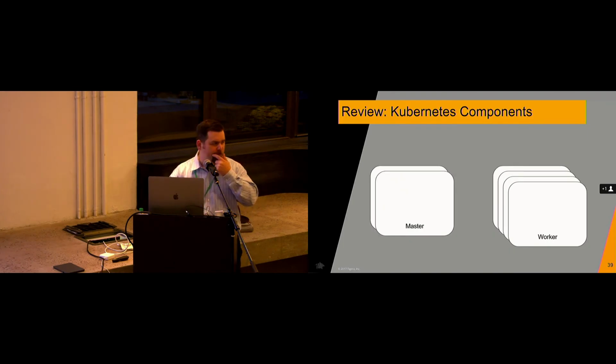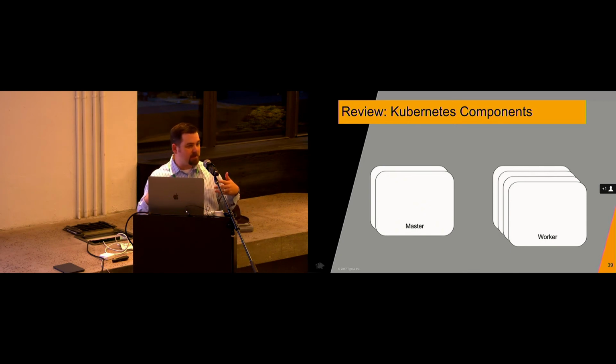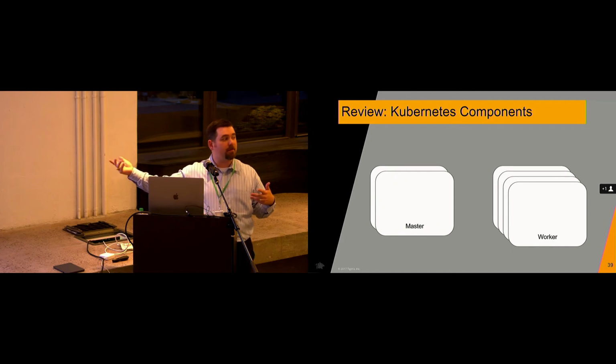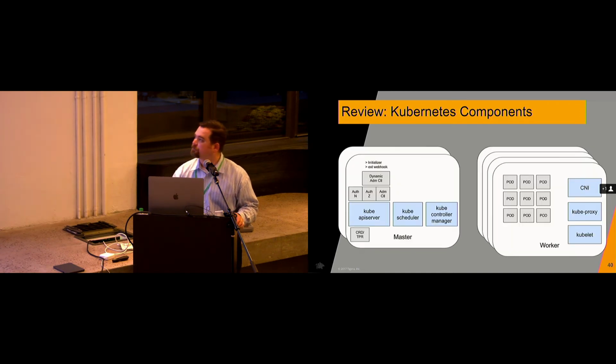Do a little bit of review here. This is for those who maybe are a little new to Kubernetes, or for those that want to understand what's going on, because I may mention some of these terms as I'm talking about Istio, and I'll go through this pretty quickly. So in Kubernetes, we have masters and workers. Masters are coordinating everything. It's a server where all the control plane is running for the most part. There are control plane elements, such as the kubelet and kubeproxy, that are living on the workers. But workers is typically where you put your workloads.